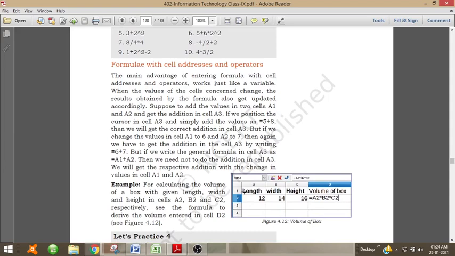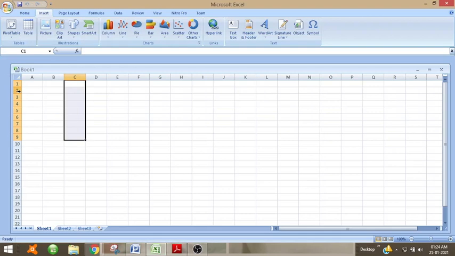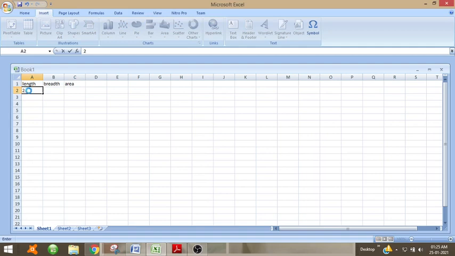Now let us copy this. Suppose in an Excel sheet I am giving length, breadth, area. So here we are giving the length as 2, breadth 4.